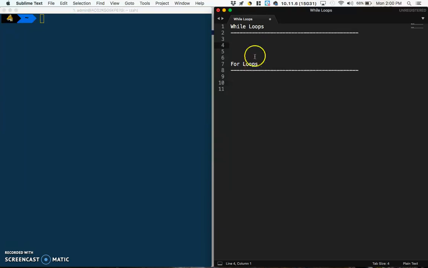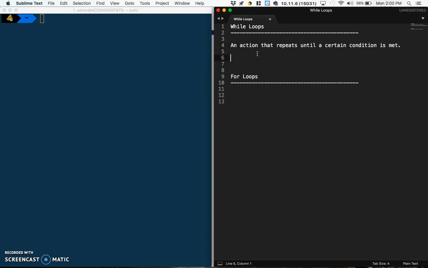Before we get to for loops, let's look at while loops. Loops are actions that repeat until something happens. A while loop is an action that repeats until a certain condition is met. One example that we looked at is: while the password is incorrect,